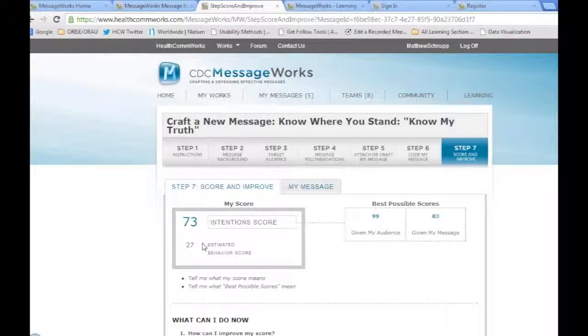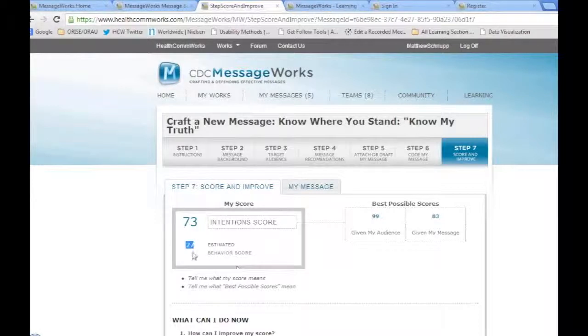And I can see that research would indicate that in this case, 73% of an audience paying attention to this message would change their intentions in some way. It could be smaller, it could be large, but there will be some sort of change in their intentions to behave. And in this case, since it's HIV/AIDS, it would be in testing behavior. They might consider talking to their doctor about it. They might consider bringing it up with a friend. They might consider looking at ads in a paper.